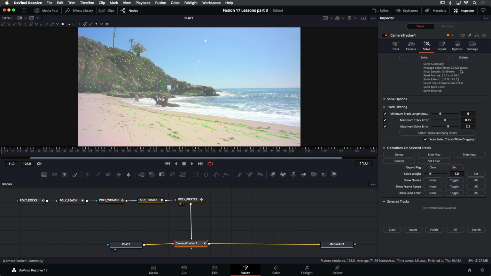And that's a pretty good solve rate. You wouldn't want a solve error that was over 1. And generally, the higher the resolution, the larger the solve error you can accept. So for HD footage, anything under 5 is generally considered usable. If you do need to refine the solve further to get a better average solve error, there's a few ways